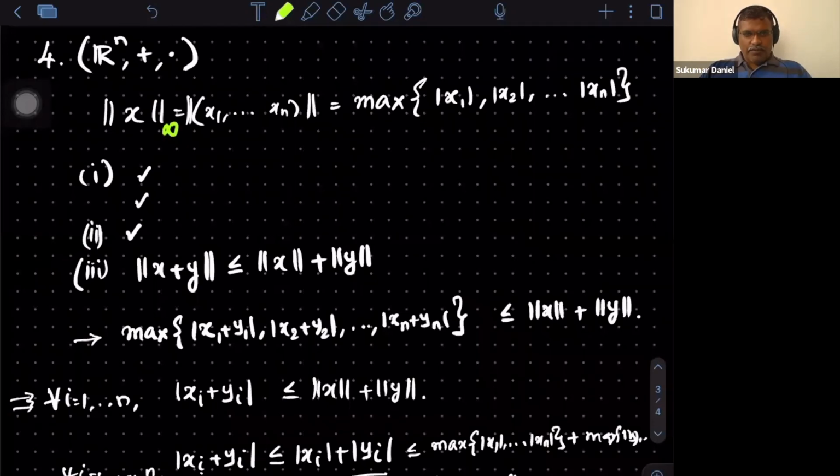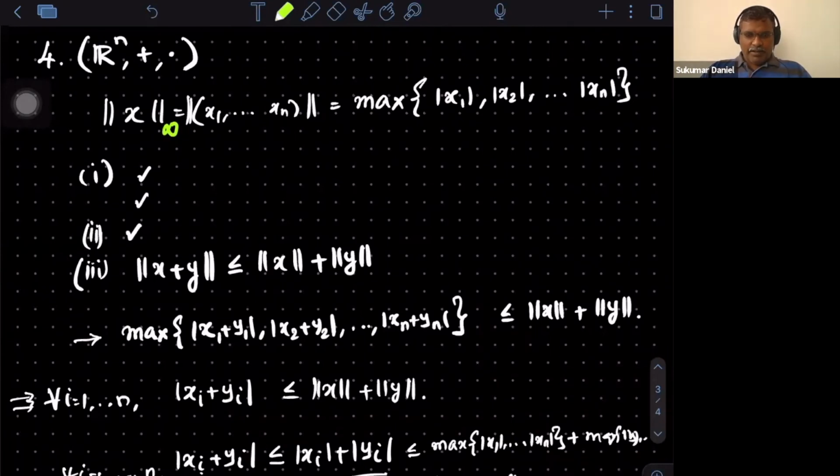Rn is built out of n copies of R, and in each R, the modulus is the norm, but I have defined a new norm through the maximum. So one can ask the similar question. I start with X1, X2, up to Xn, and correspondingly there are norms, norm 1, norm 2, up to norm n. Now I consider the Cartesian product of these spaces, and define the infinity norm of x as the maximum of norm of x1 in the first norm, norm of x2 in the second norm, and norm of xn in the nth norm. Can you see that that also will be a norm?